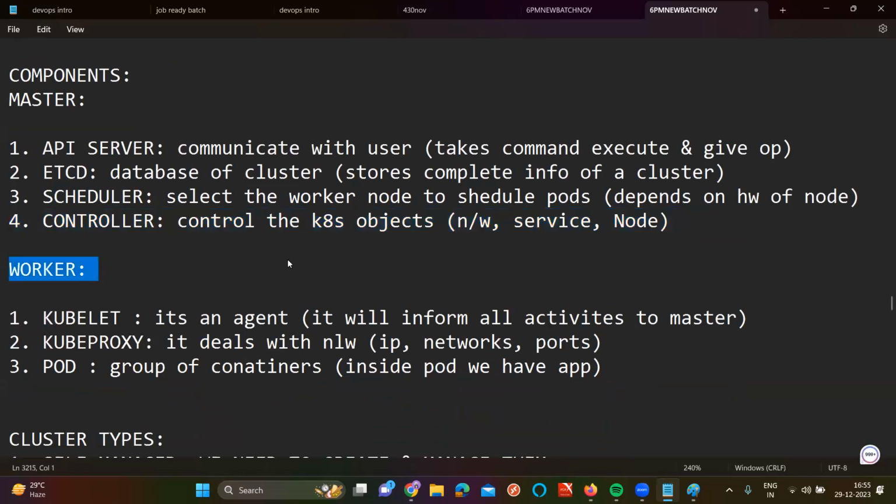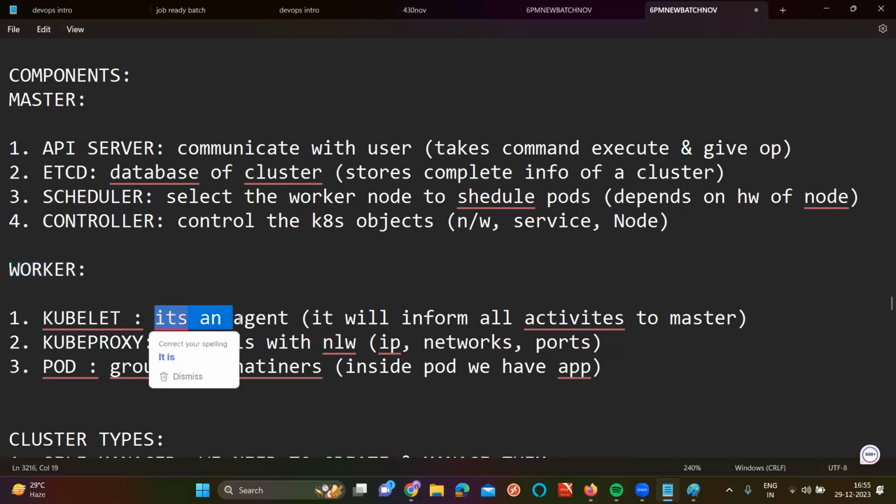But before going to worker node components, are master node components clear for all of you? Everyone? Fine. In the worker node, first of all, we will have a component called kubelet. The main purpose of kubelet is that it's an agent. Kubelet will inform all the activities to the master.